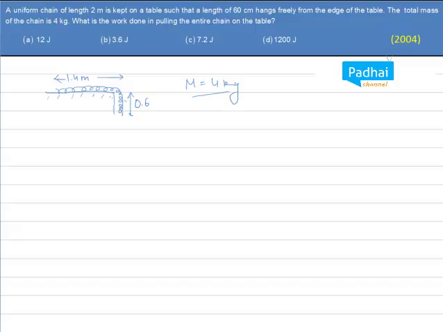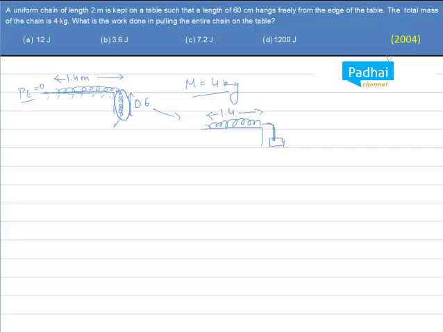Now what we are doing is we are pulling this part onto the table itself, right? Now what work we have to do? Let us assume that at this point potential energy is 0, right? Now what is happening? This mass is hanging. Now using center of mass, if you have done a little bit of that, using center of mass, what I can assume is that the mass is lying on it, and this is connected to a thread, basically a massless thread, and this